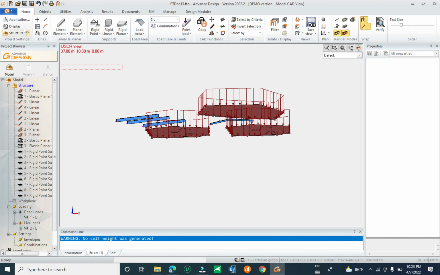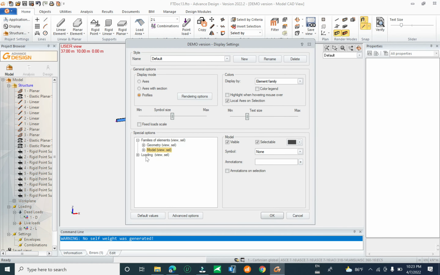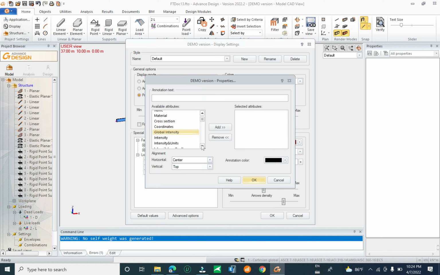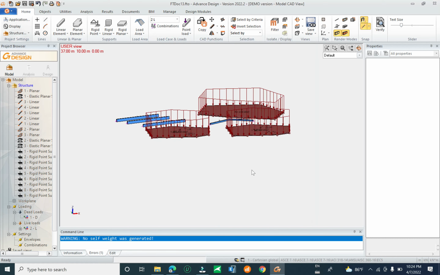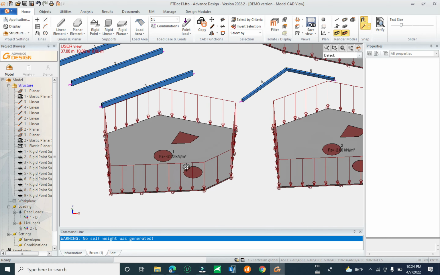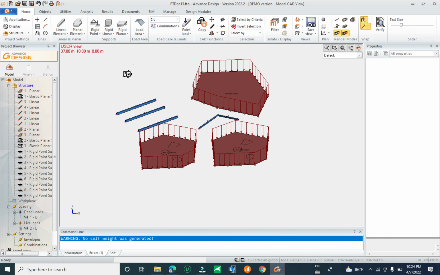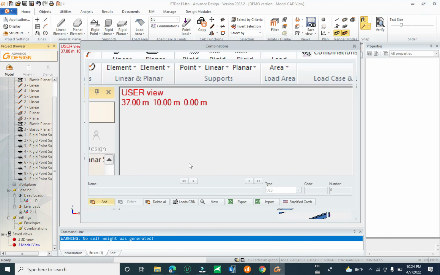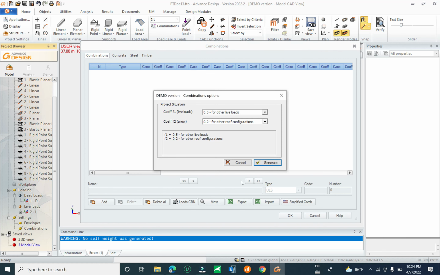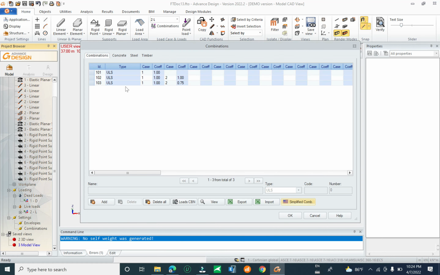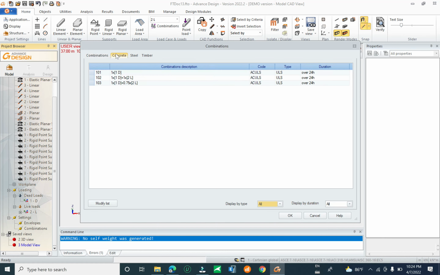Okay, you can display the load, check for the loading on point and planar element, check for the intensity and unit. Okay, you see here the intensity is -2 and the unit is kilonewton per square meter. Now you can create the analysis, but you have to create a load combination. It is very important to create a load combination. By create simplify combo, you can generate. You see here, this is for the American code. Click OK,